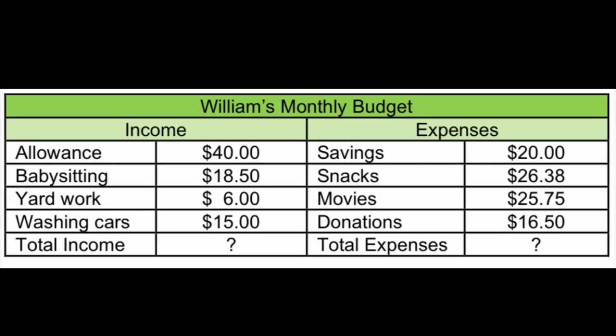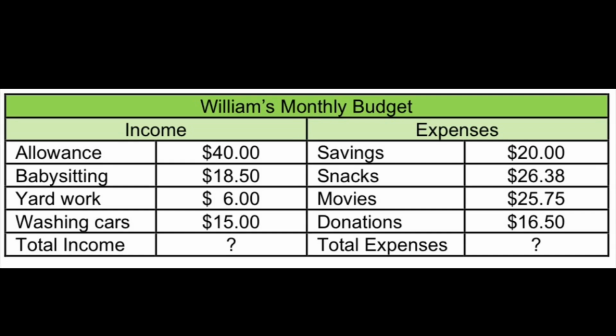Now we know that William's income is $79.50 and his expenses are $88.63. If you remember, I said that expenses should not exceed or go above or be more than your income. Let's look at this. Are William's expenses more than his income? Look back at William's income. How much did he make? He made